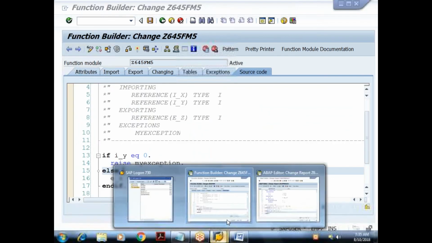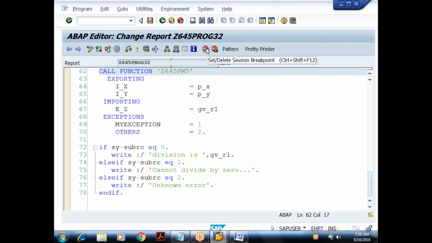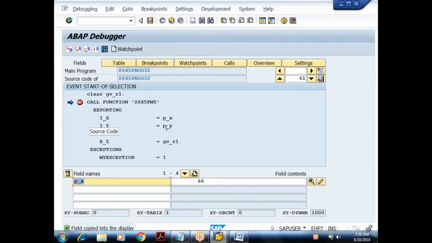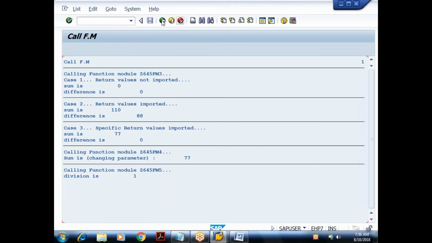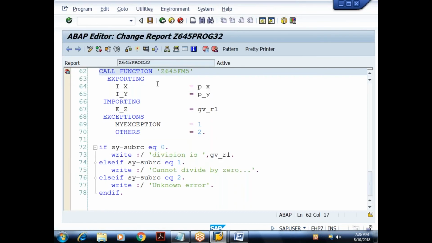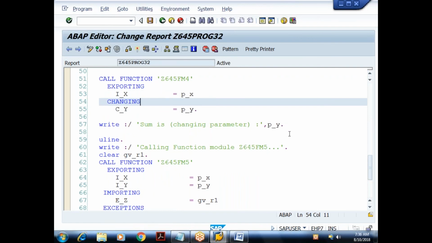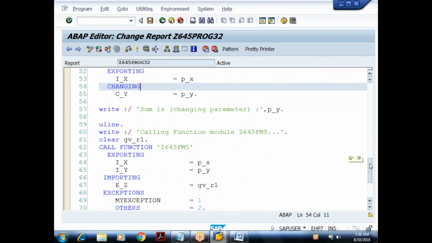Okay, let me put the breakpoint. 66 and 11. Done. So P_X is 66, P_Y is 77. But I gave what? Oh, I'm sorry, boss. The problem is in the previous case, I'm using this P_Y, and it is changing now. So the previous value of P_Y is what? That one. That's the reason.